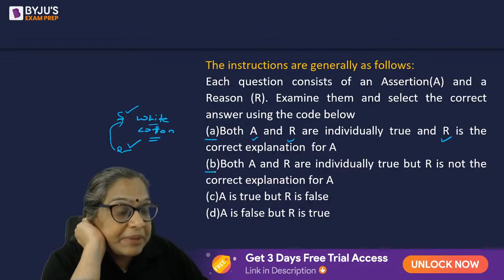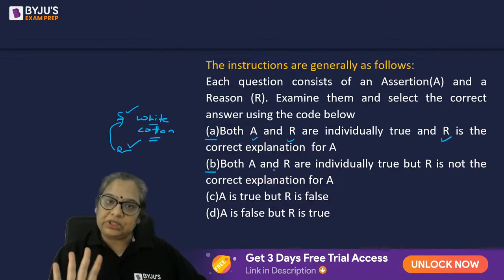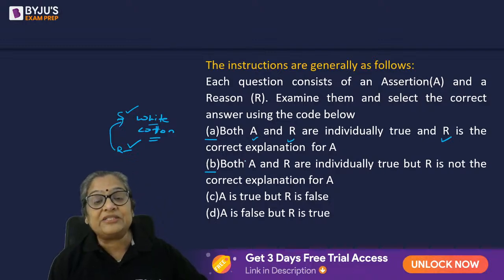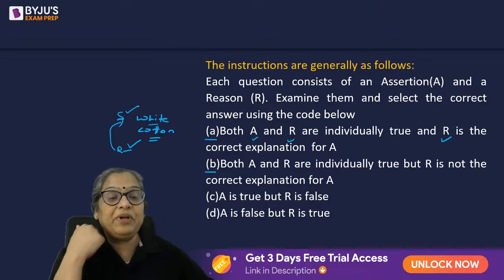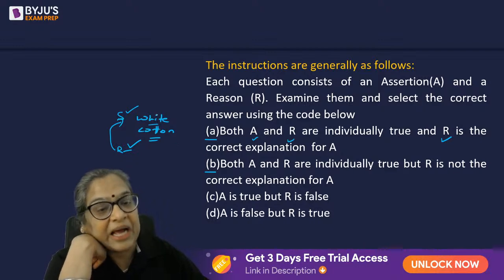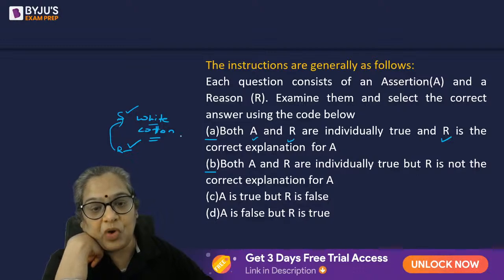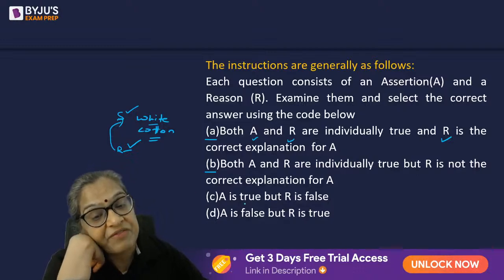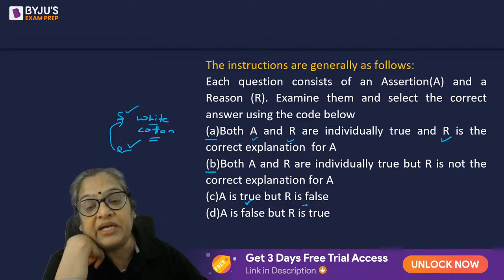You will mark B if A and R are both correct statements, but R does not explain A. People wear white, light cotton clothes in summer. People wear dark, thicker, woolen clothes in winter. Now, both facts are correct, but R is not an explanation for A. All right. Then mark C if A is true but R is false, and mark D if A is false